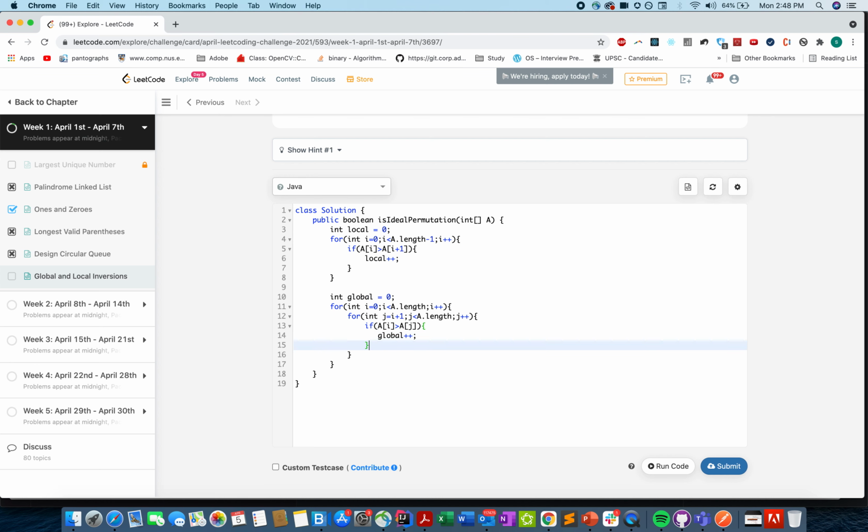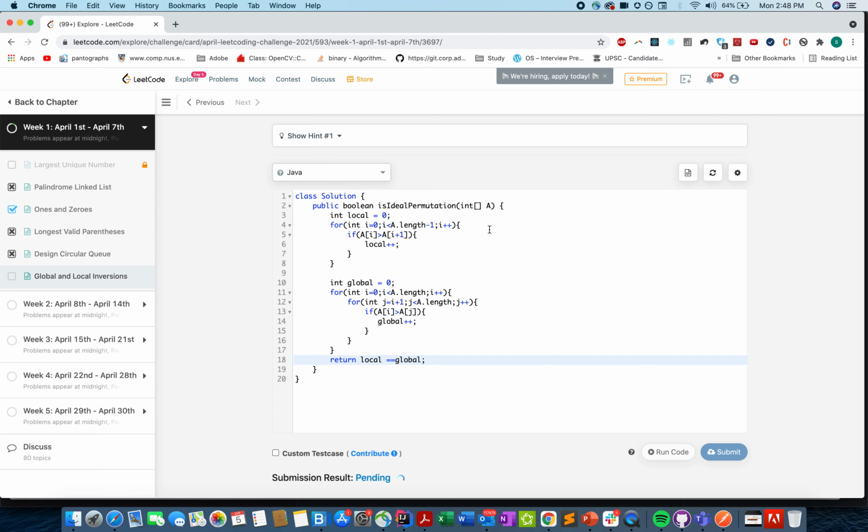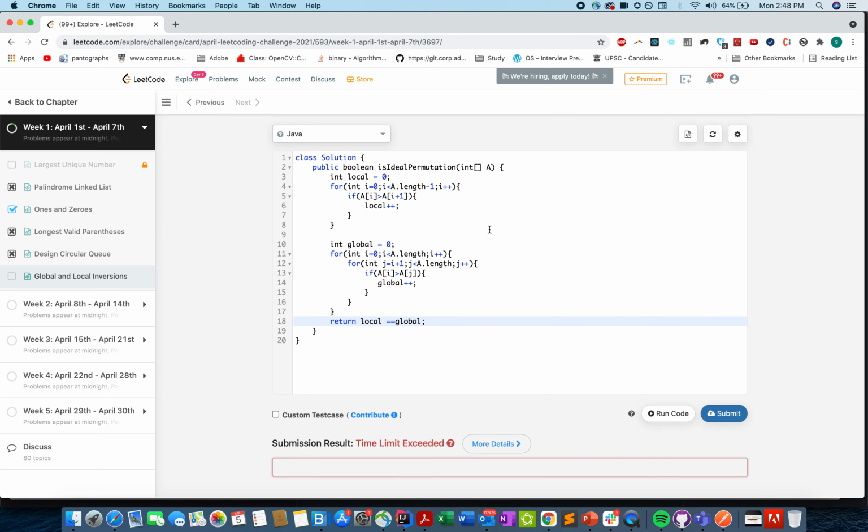And in the end, return local versus global. And let's try. This should give us a TLE. This looks good. Absolutely. So this is giving us a TLE.